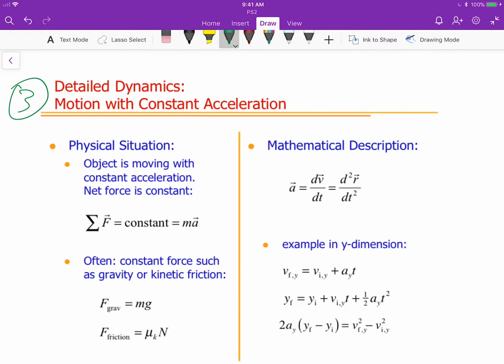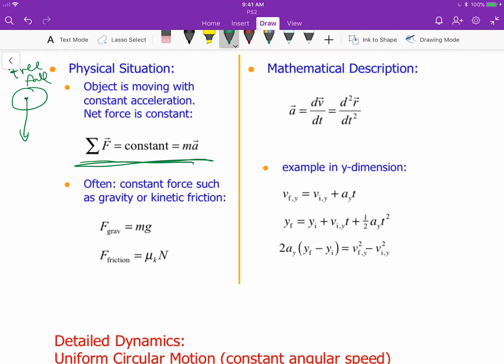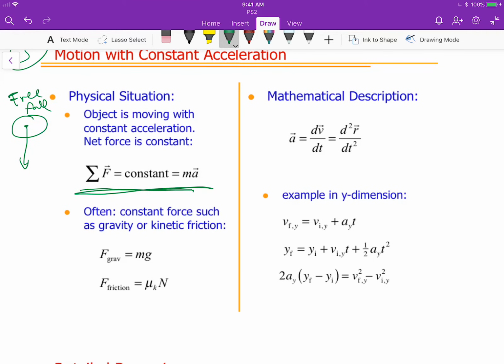So 3, constant acceleration. When we have constant acceleration, I would think of a problem where you just have a ball that's in free fall. This is sort of the go-to problem for that, free fall. And so, right, sum of forces is equal to a constant here. And a second situation where you might see this is where you have, let's say,